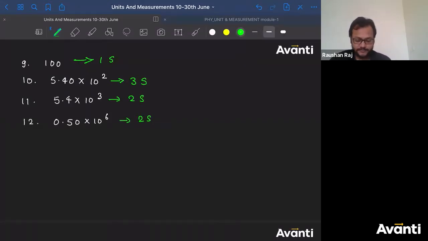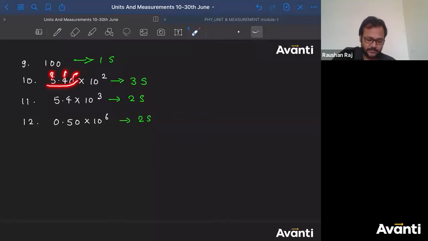See, there are few other ways also. 10th one, 1, 2, they are non-zero, है ना? 1, 2, they are non-zero, and then 1 trailing 0, because this is a decimal. This is a number with a decimal. So 3 significant digits. These powers of 10, they are considered non-significant. ठीक है? Alright, guys. 9th one में only 1, na? Because this is a number without a decimal. So in that case, all the trailing zeros are non-significant. Only पहले वाला part रहेगा, they are significant. So 1 is the only significant digit.